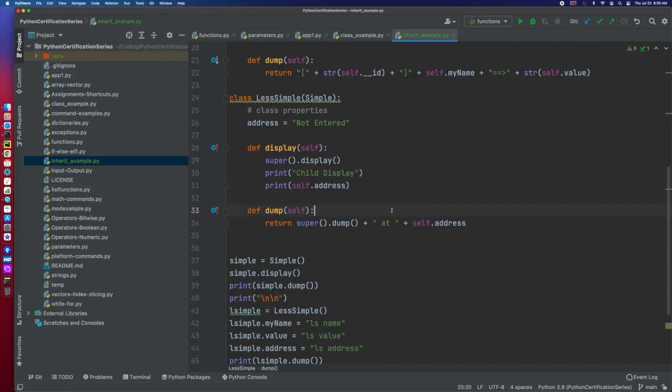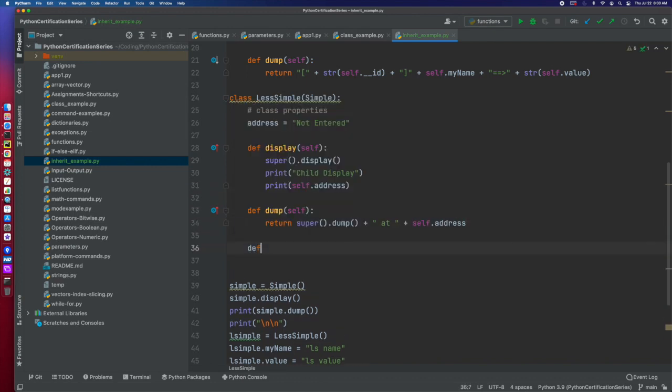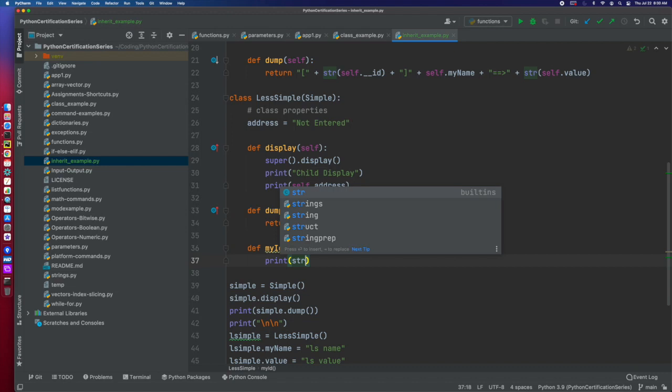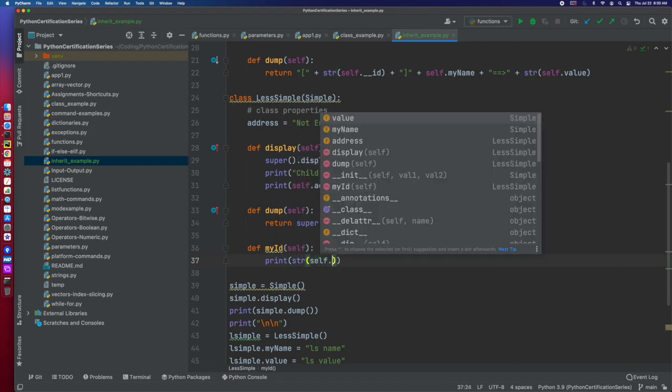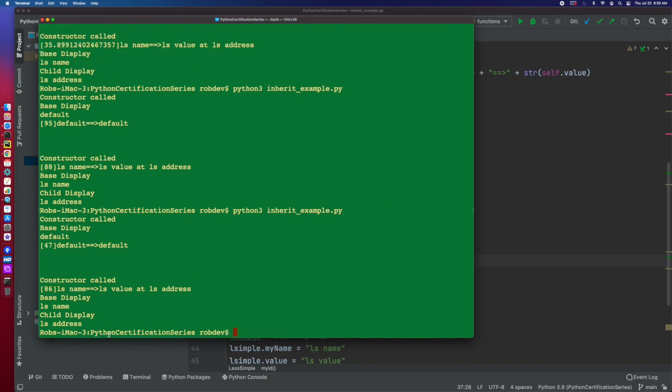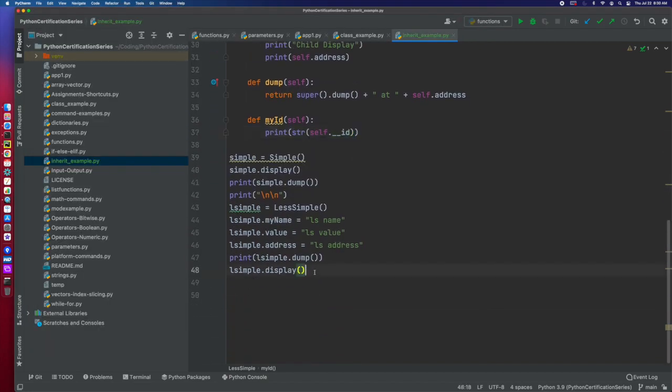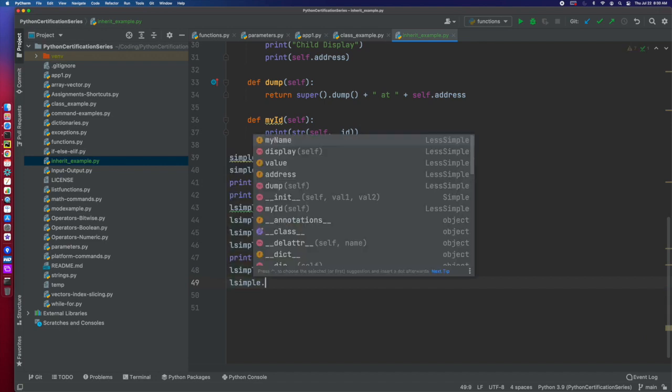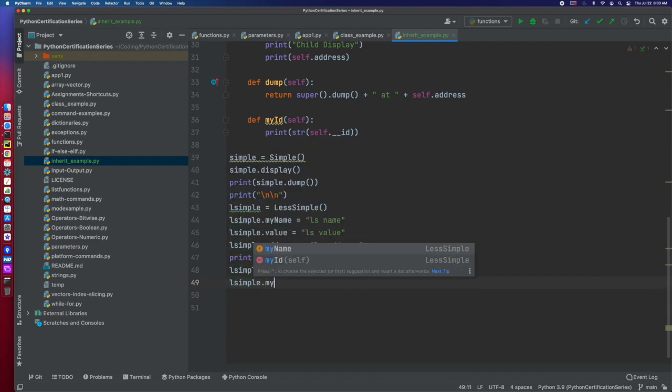But if I wanted to display at less simple, let's say I wanted to do, let's just call it my ID. Oop, that's going to be a self. And then let's just do print string self.id. Oh, I need to actually call that. So now if I do all simple dot, what I call it, my ID,